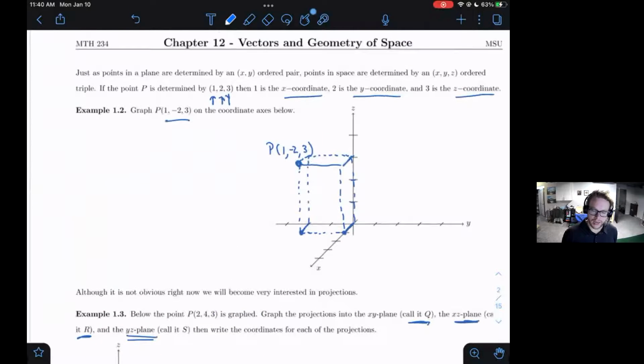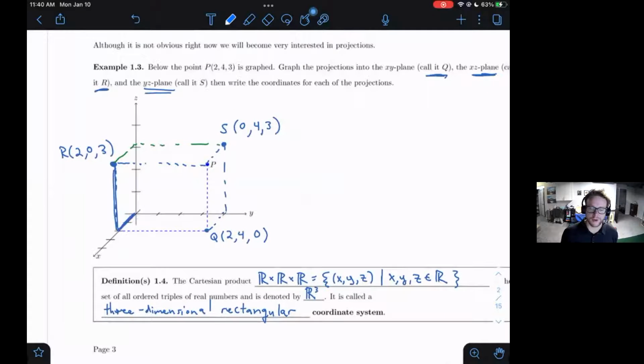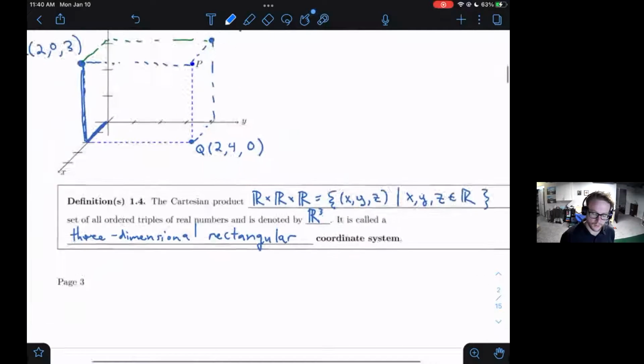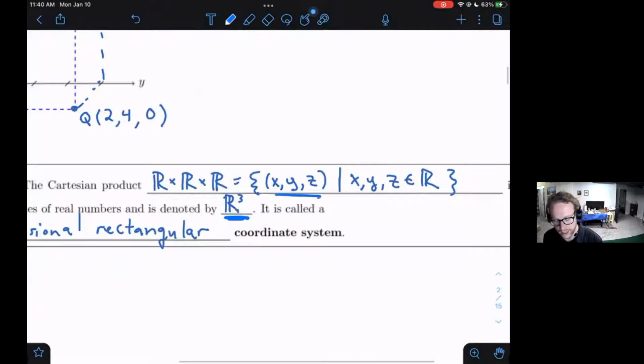We did a little bit more with plotting, and then we did some notation stuff, right? So when you see the script R with a little 3 above it, that means that you're in three-dimensional space and your components are all real numbers. So this R quite literally is standing for real numbers. So you have a real number, a real number, a real number. So you have an X, Y, Z such that each one of these components, the X component, the Y component, and the Z component, are all in the real numbers.